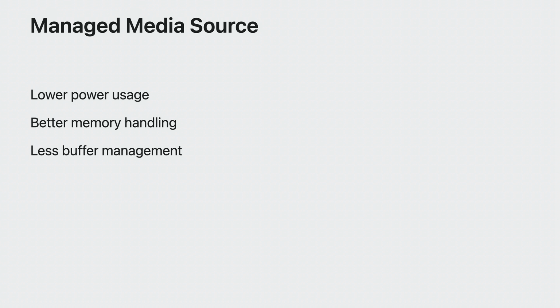Let's go over some of the differences from the old MSE. Managed Media Source can reduce power usage by telling the web page when it's a good time to buffer more metadata. When not buffering, it allows the cellular modem to go into a low power state for a longer period of time, increasing battery life. When the system gets into a low memory state, Managed Media Source will intelligently clear out unused or abandoned buffered memory, making pages more efficient. Because Managed Media Source tracks when buffering should start and stop, the page's job of detecting low buffer and full buffer states becomes much easier. The browser does it for you.